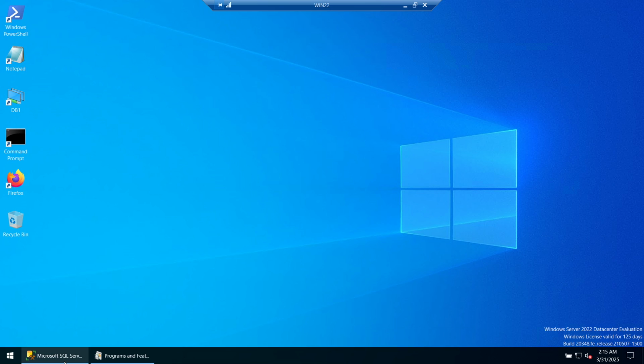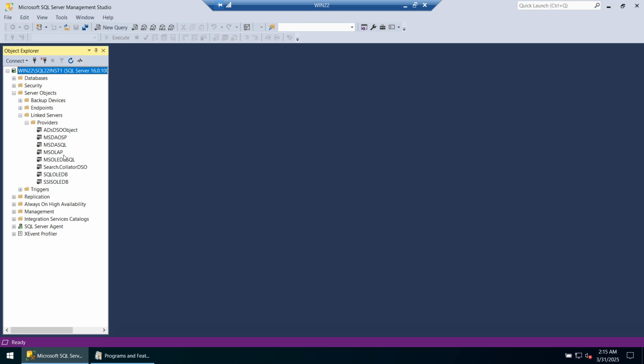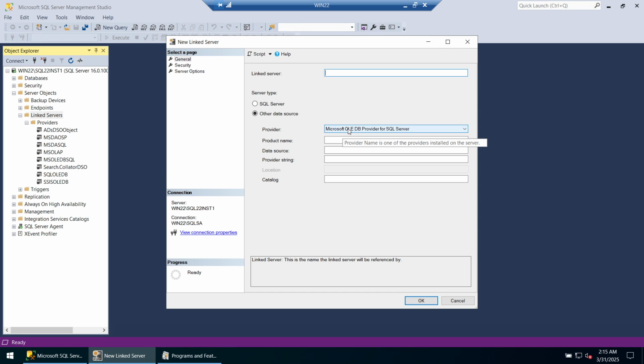So I've got the SQL Server here, and if I go to Server Objects, then Linked Servers, and click on Providers, you can see we don't have any provider of type Oracle. Or I can say new linked server, and here you can see we don't have any Oracle provider. So for us to register the provider, we are going to download the Oracle